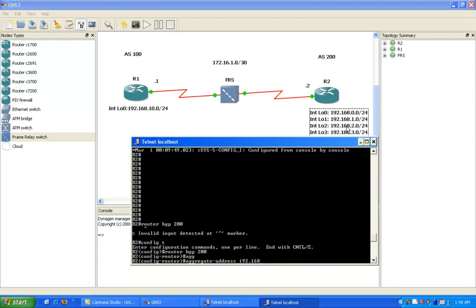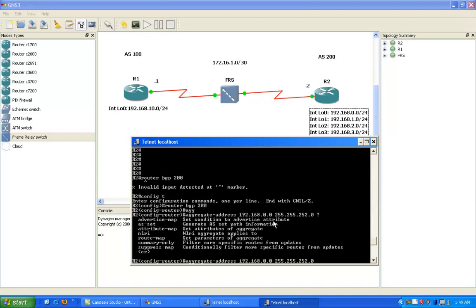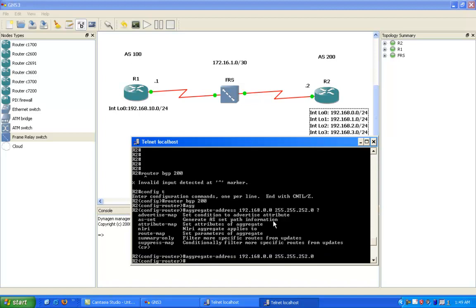Actually, what I did was I paused the video and changed the networks we had on R2 so that we can work more efficiently. So we changed it from 1, 2, 3, 4 to 0, 1, 2, 3 so that we could aggregate or summarize these networks in a more efficient manner. We'll do this with the aggregate address command of 192.168.0.0 with the 255.255.252.0 subnet. If we go ahead and hit enter,